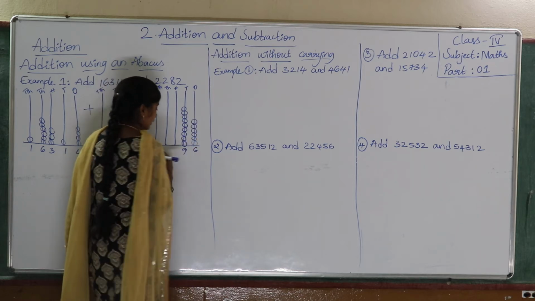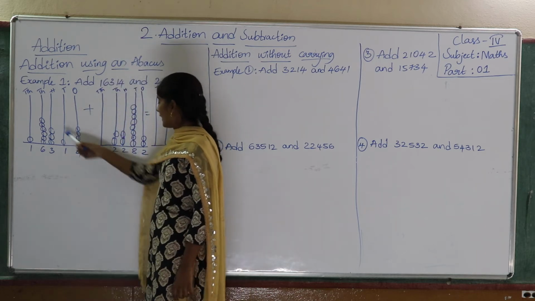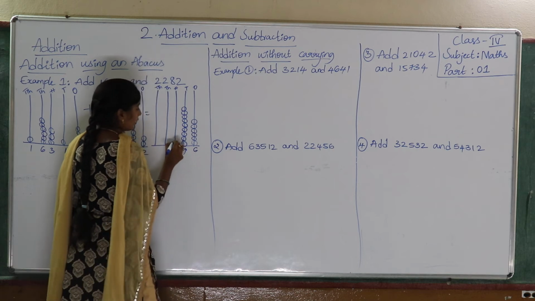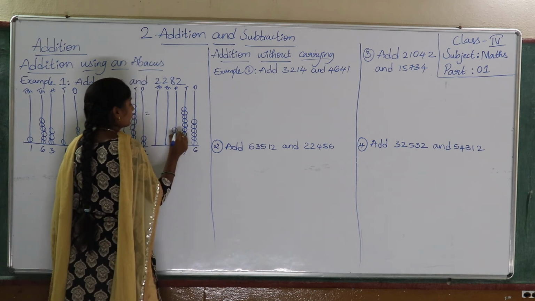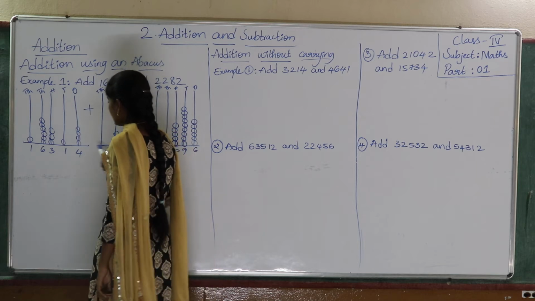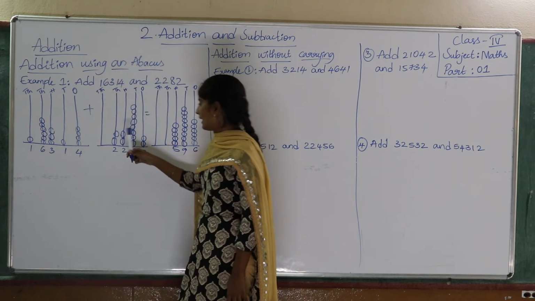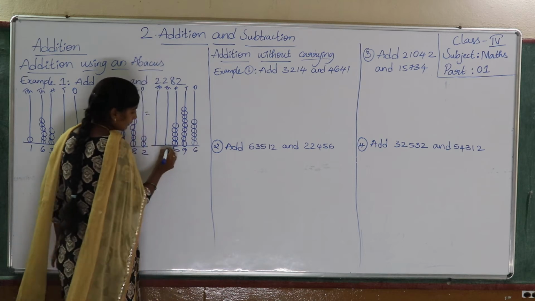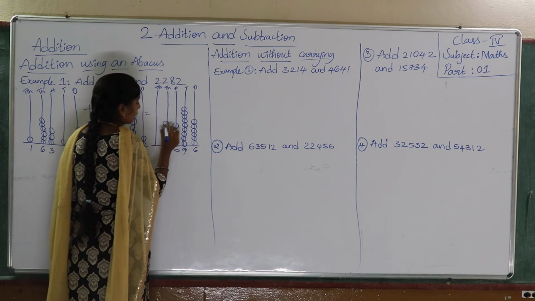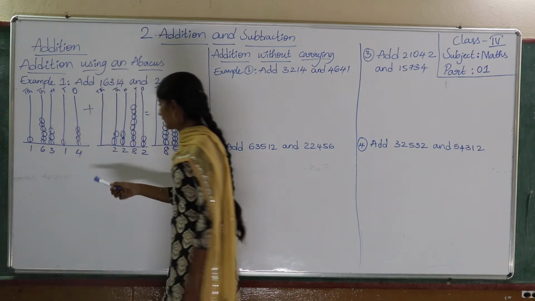So here write 9. Next, hundreds place 3, 4, 5. So draw 5. 1, 2, 3, 4, 5. Write 5. Next, thousands place 6. Here 2, 7, 8. So draw 8. 1, 2, 3, 4, 5, 6, 7, 8. Next, here